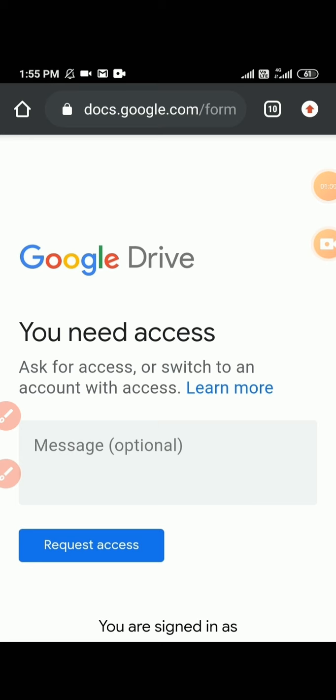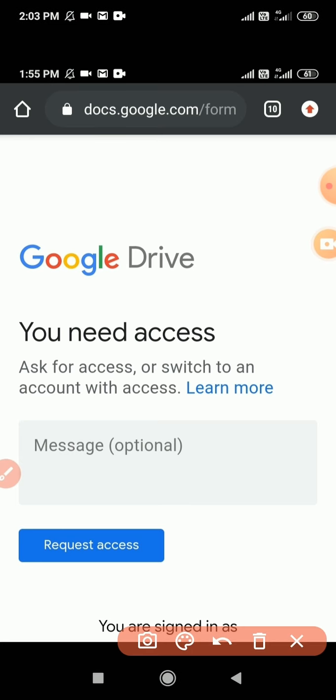After we have clicked on request edit, this page will appear. You don't have to do anything, whether you type any message or not doesn't matter. You just click on request access.